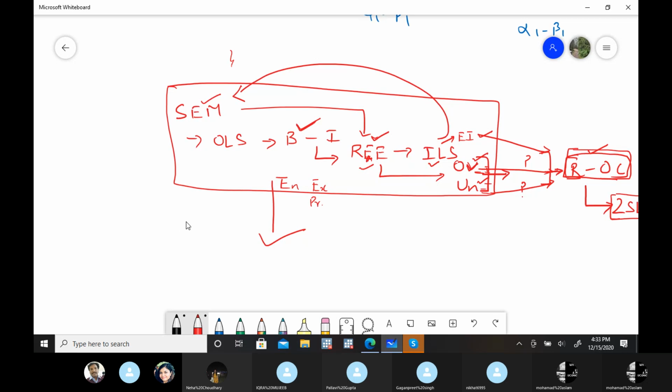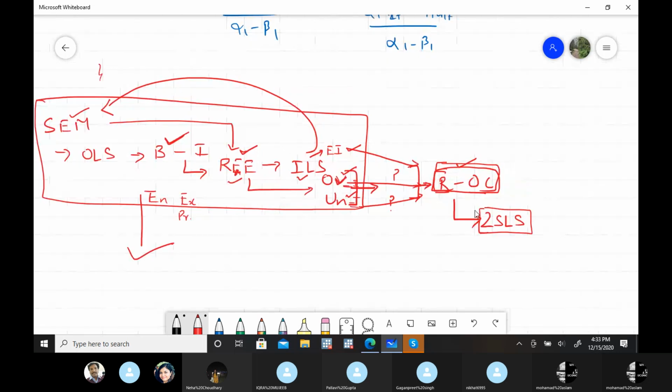So thank you so much. Tomorrow we will do one regression of ILS. Before that, the rank and order condition. Then 2SLS. What will be the solution? For exact identification, we have the solution ILS. Now we have to think about over-identification. Is there any solution?